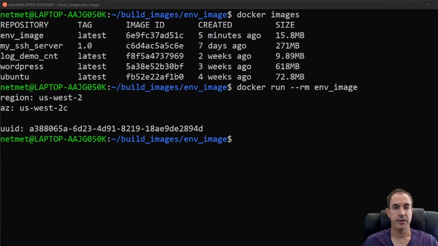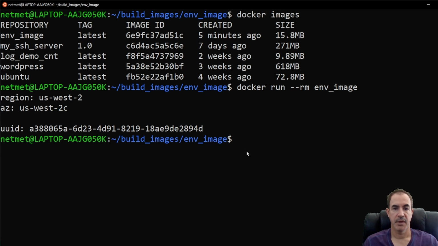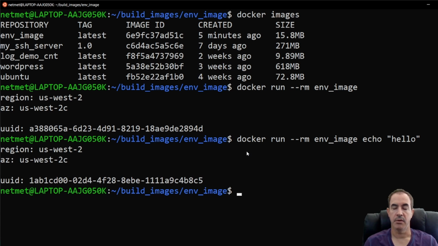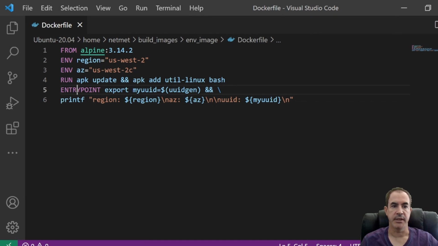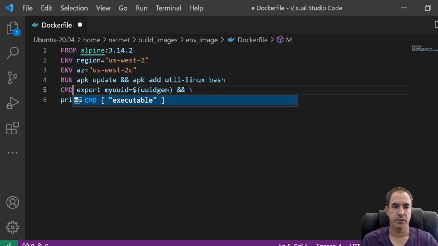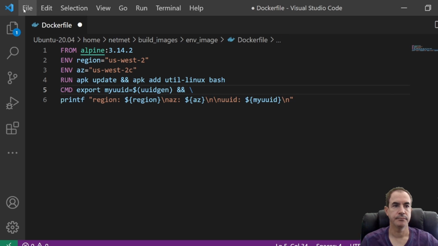Since we also did this with that entry point like we had discussed, let's do an up arrow, but this time let's execute the command echo hello for this container and see what happens. When I hit enter, my entry point will supersede any commands that I put on the back end of this container at runtime, so nothing changes. So now let's go back into our Dockerfile, and this time we're going to change entry point to command. I'll save this out,